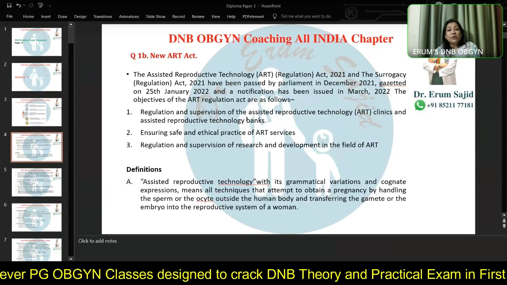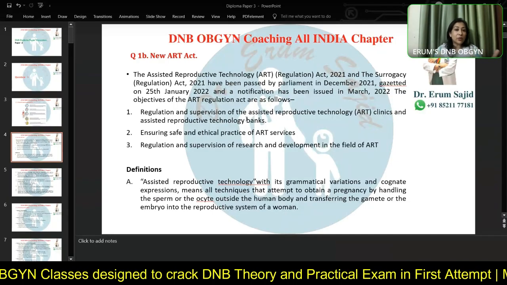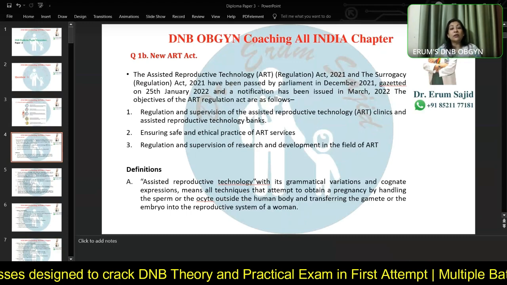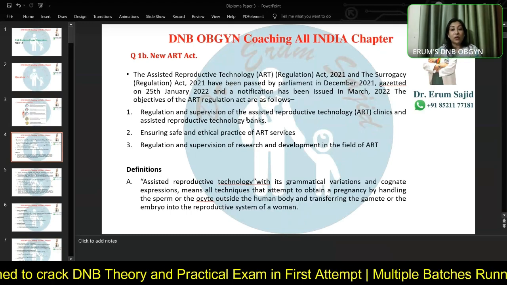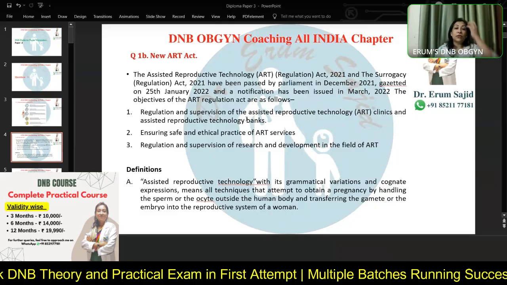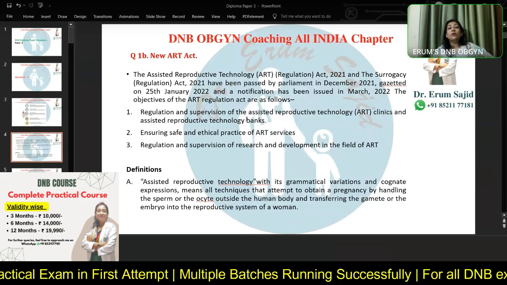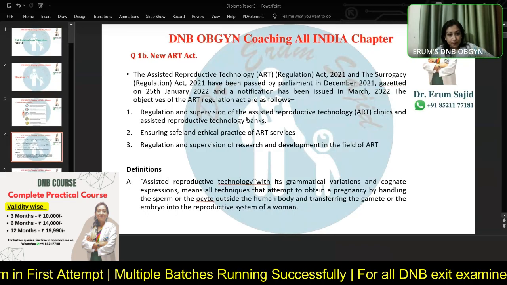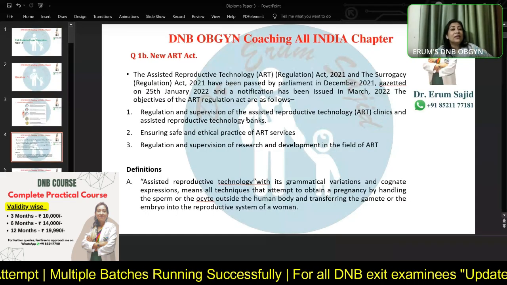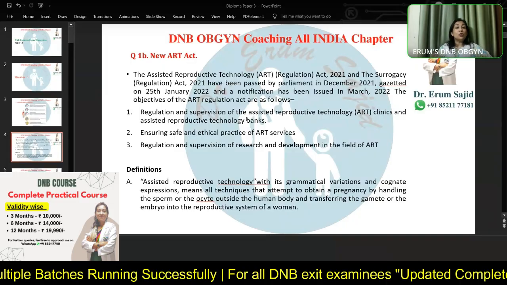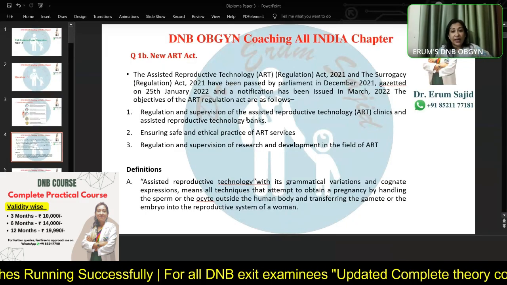So anyways, the ART and surrogacy bills actually came in together. They were passed by the parliament in December 2021, and gazetted on 25th January 2022. So it was our new ART Act 2022, and a notification was issued in March 2022. Basically, why do we require this ART Act is because we need to regulate and supervise the